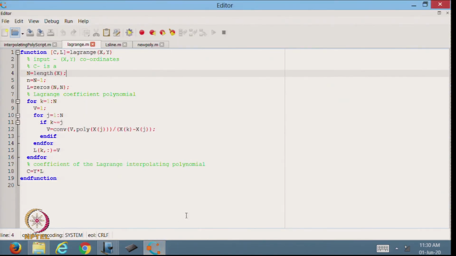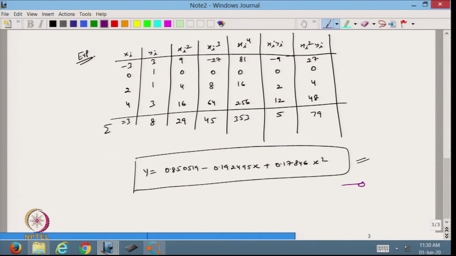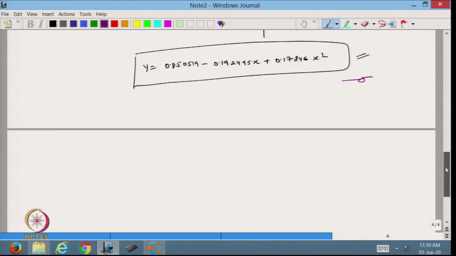So now in this case what I do, I will define the for loop. K is from 1 to n. V I just take as a 1. Now for j is equal to 1 to n, when k is not equal to j, I will apply this function. So what is this meaning for? First we will find out poly xj, because I know that. So after doing this one, I just take the next.